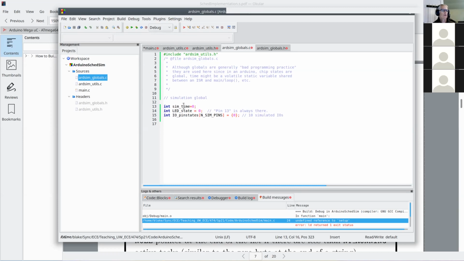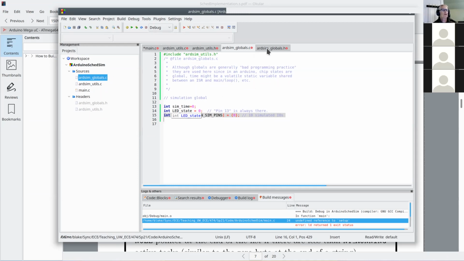So you could be at the end of your loop, for example, reading a bit until the counter overflows. And then also I/O pins. This is all simulated. It's all just going to run on a terminal, so there's no real I/O. We're going to simulate some pins, let's say 10 of them. And of course, the LED is pin 13. So we're going to have a separate thing to store the state of the LED, even if we don't